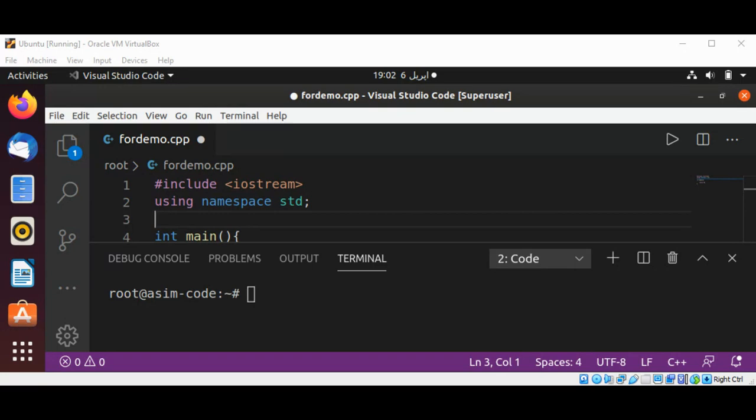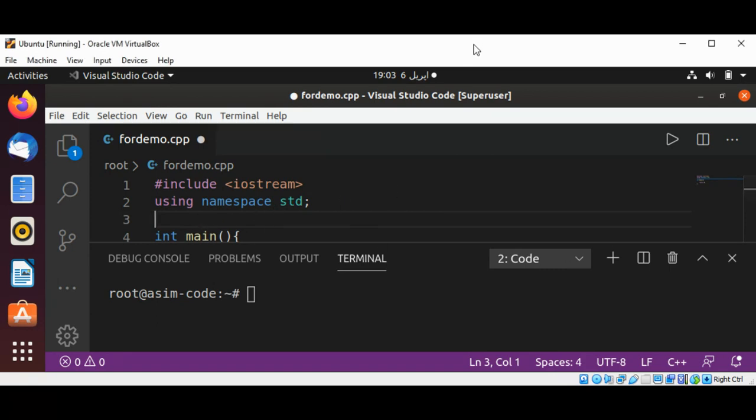In this video, we will learn about for loops in C++. A for loop executes statements in the loop body while the loop condition is true. Before the loop, the initialization statement is executed exactly once. After each cycle, the iteration execution part is executed. A for loop is defined